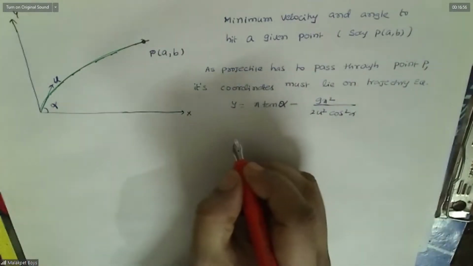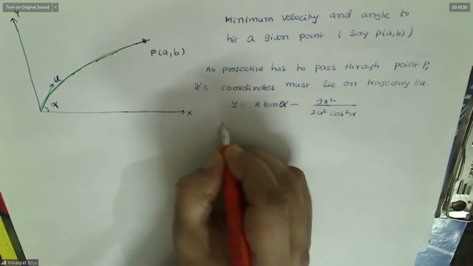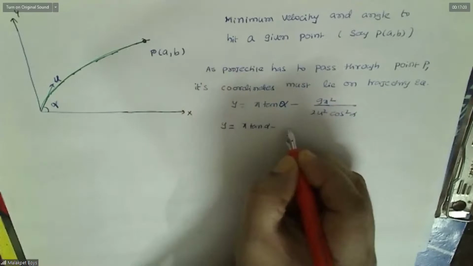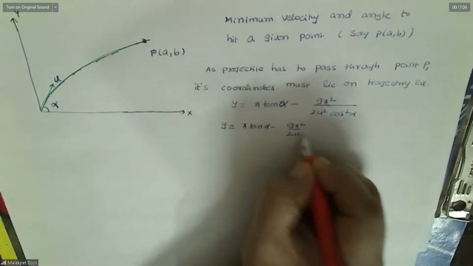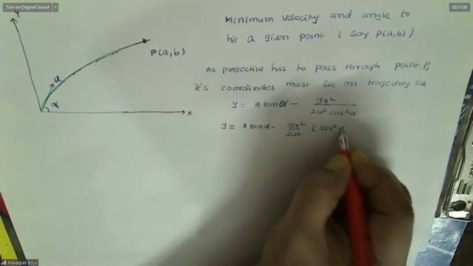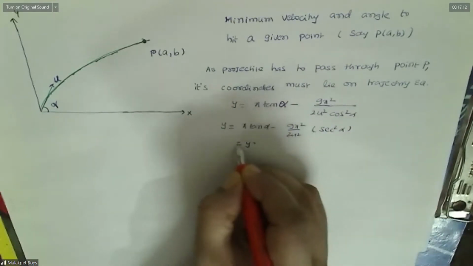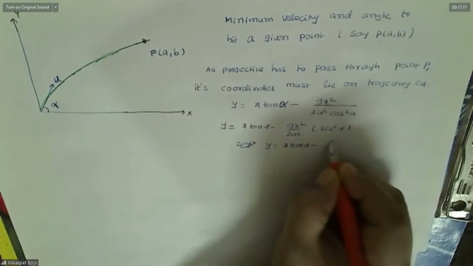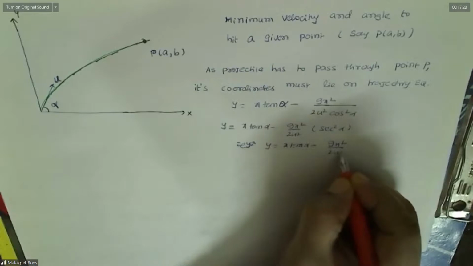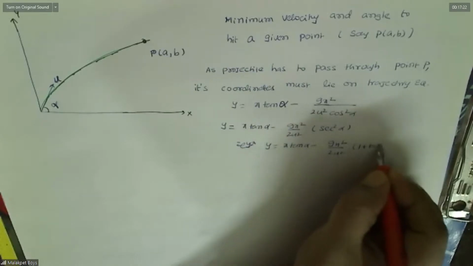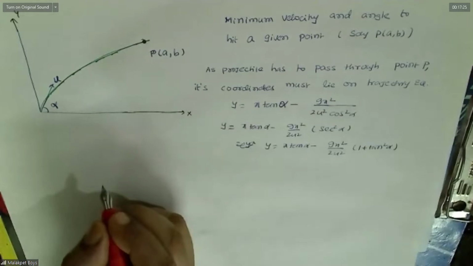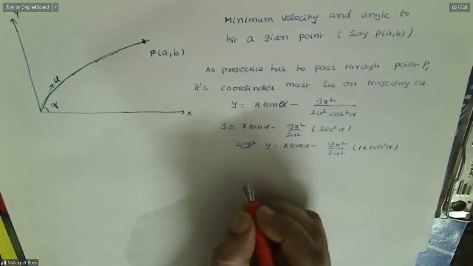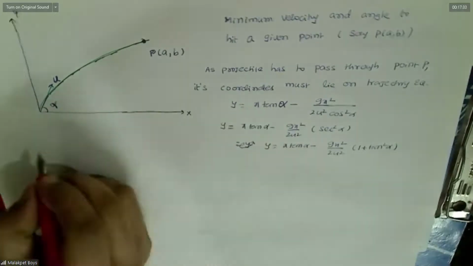Now we'll just rearrange this and try to solve this. We have, you can write it as secant square. That means this is x tan alpha minus g x square by 2u square. Okay. Follow this. And as